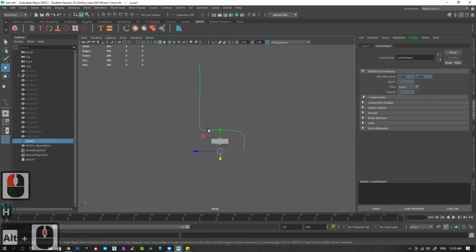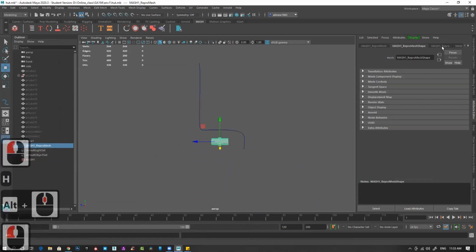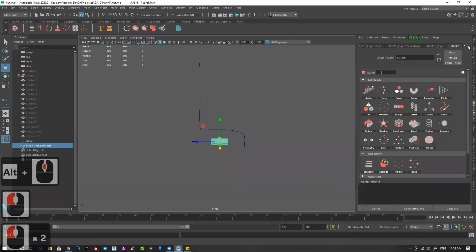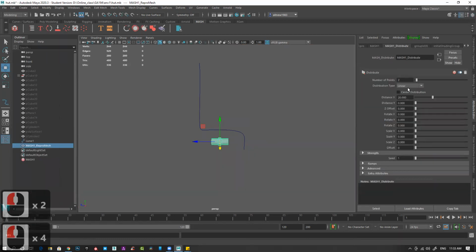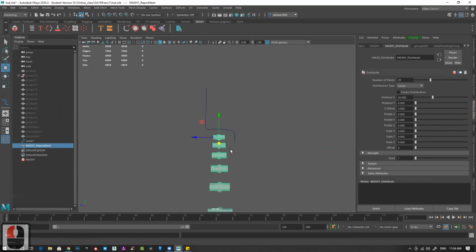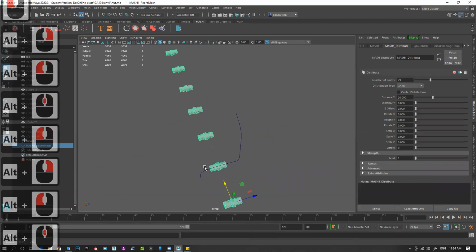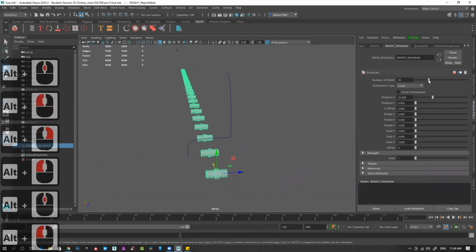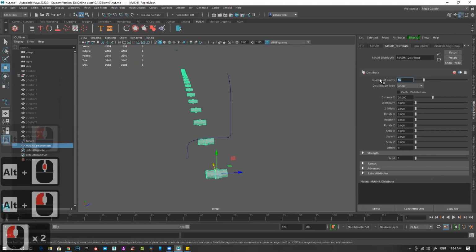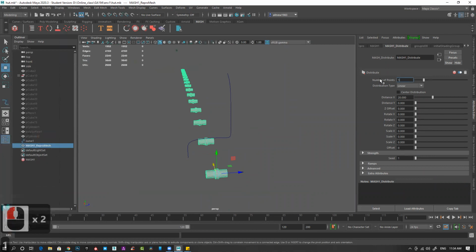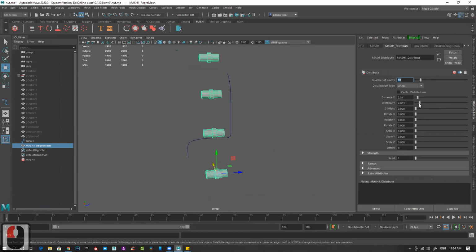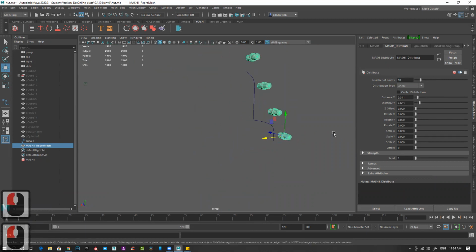Select this mesh, distribute, number of distribution. If you can see, it's basically creating the number of distributions I want. 10. Distance I can increase or decrease. Direction I can increase or decrease.